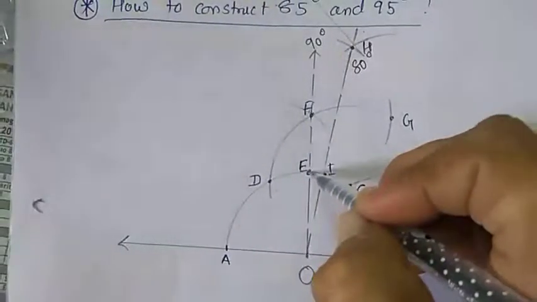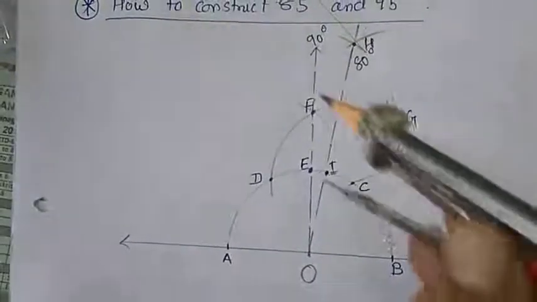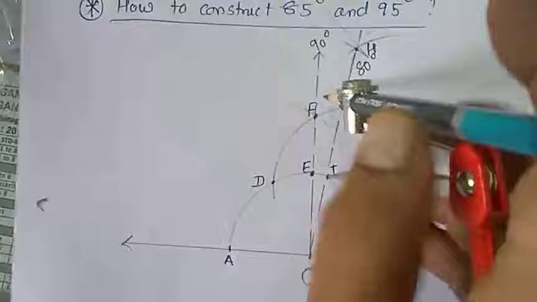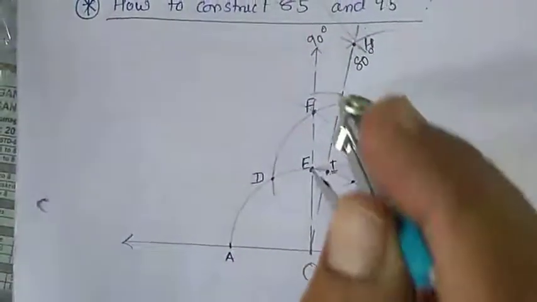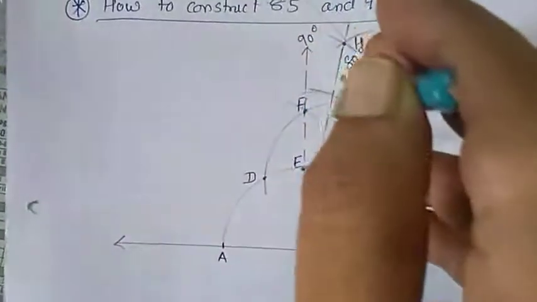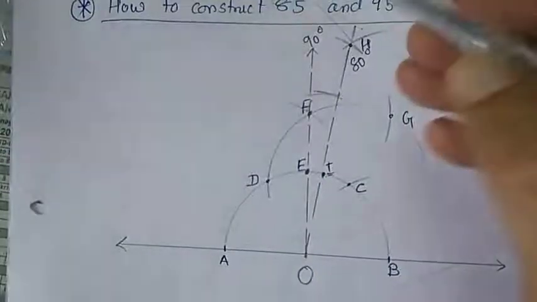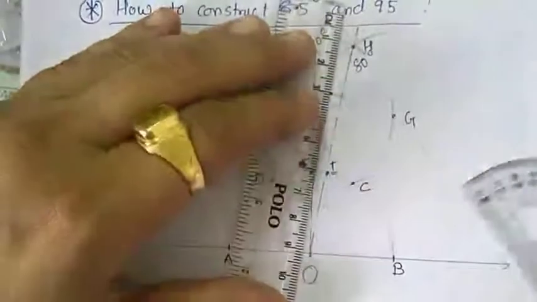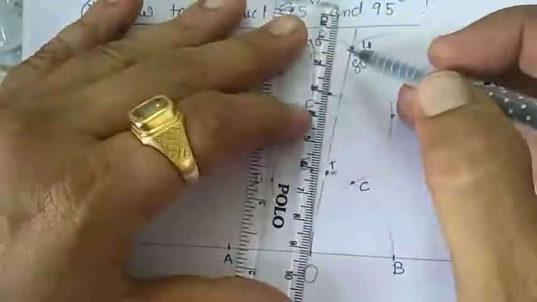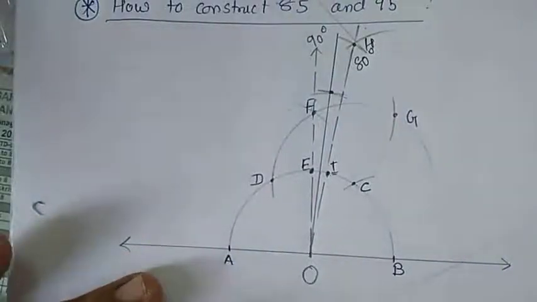So from E and I, I need to draw a bisector. I will get an intersecting point. I can take whatever radius you feel. See here, like this, and from the same measurement like this. So from both these points I will get an intersecting point. Obviously I am getting it over here. Clear, it may be a bit crooked, because we are human beings, manual error can be there, but according to me it came here.